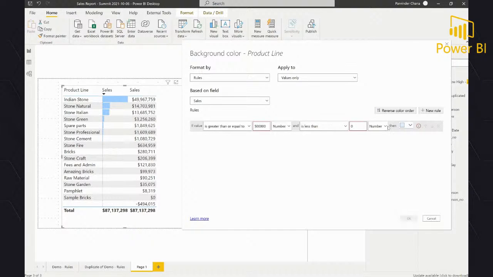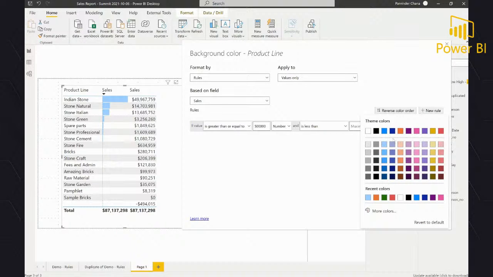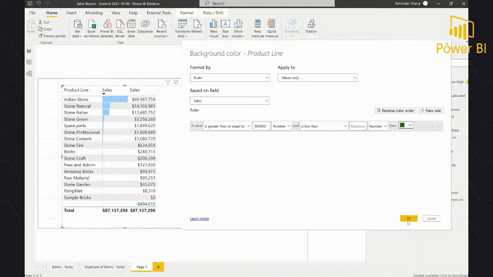The one thing you will notice here is the max value is zero, and you don't know what your maximum value is going to be. In this case, you can remove that value, and it automatically has the maximum value there. So you don't need to worry about what your upper limit is going to be. So it automatically calculates. So here we are saying, okay, if my sales value is greater than 500,000, and whatever the maximum sale is going to be, let's say the label change it to green, for example, background green.